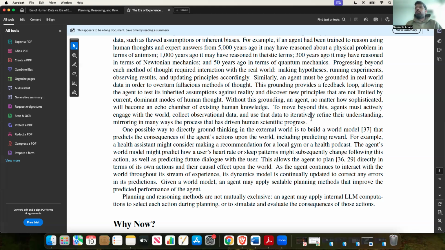An example could be, if a robot is walking, it learned probably during its simulation environment that I'm going to avoid walking on shiny surfaces. I'm just thinking out loud. Whenever I see a shiny surface, I just won't walk there. It probably learned this during its simulation. But when it's out there in the environment, it found a particular shiny surface where it noticed that when it was walking there, it didn't fall. So it can update that world model logic that it learned from the simulation environment to the actual real environment. So bridging the gap between simulation and reality is going to be the future on which AGIs will be laid upon, right? So yeah, this was it for the simulation.